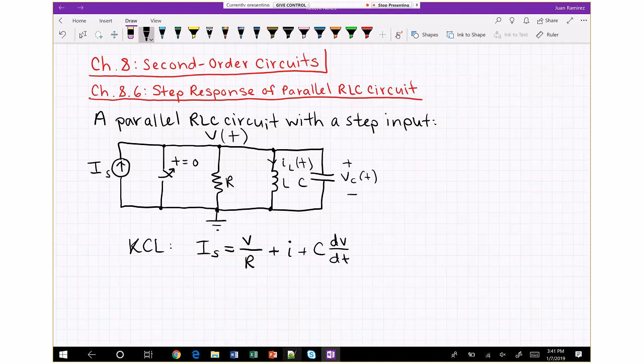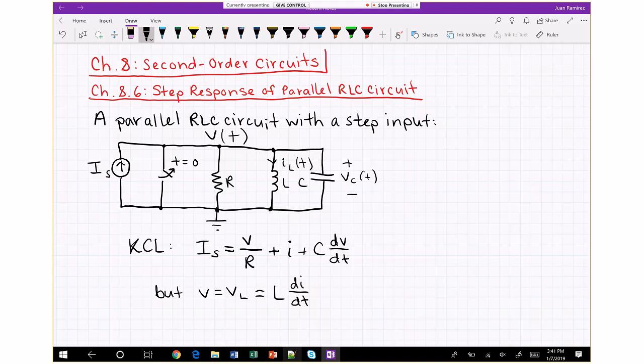And then we say that v, which is equal to vL, the inductor voltage, is equal to L di/dt. v is equal to the voltage across all those components, so it's equal to the inductor voltage, capacitor voltage, and resistor voltage, since those are all in parallel. So if we replace all of our v's with L di/dt and do some simplification,